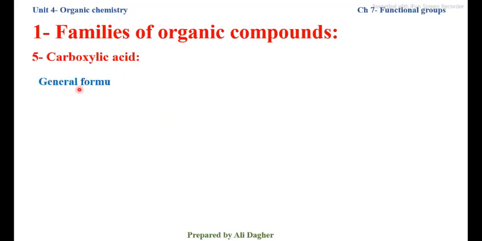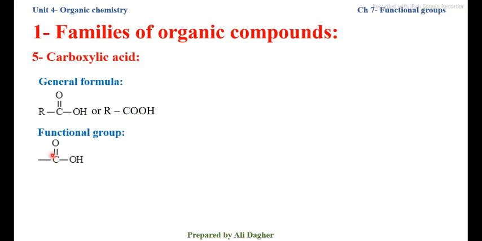Fifth family, carboxylic acid, general formula RC double bond O single bond OH or RCOOH. Functional group C double bond O single bond OH or COOH, which is called carboxyl group. Example,